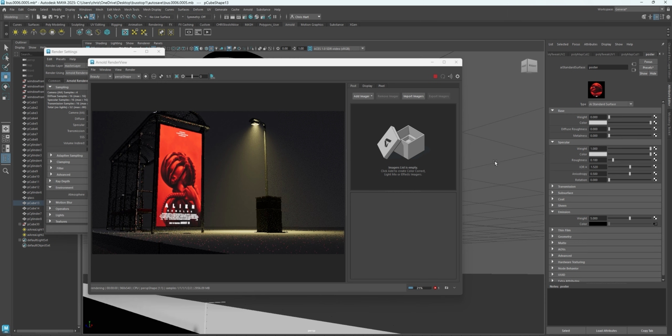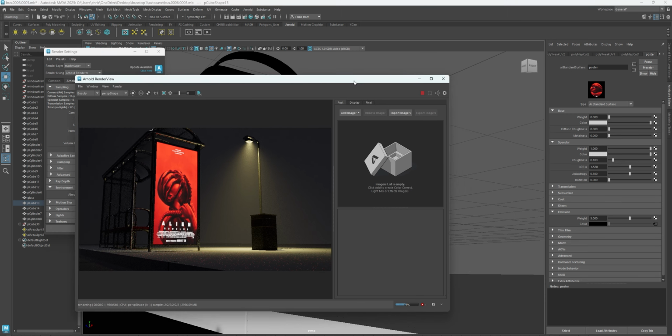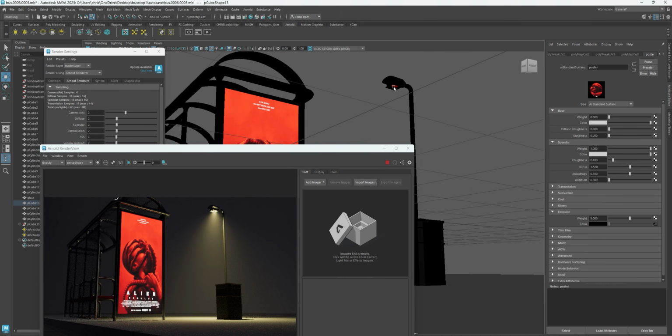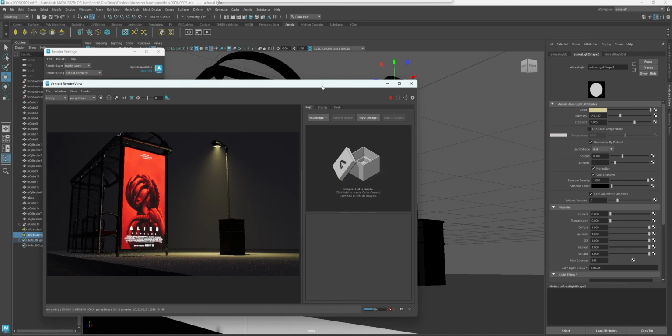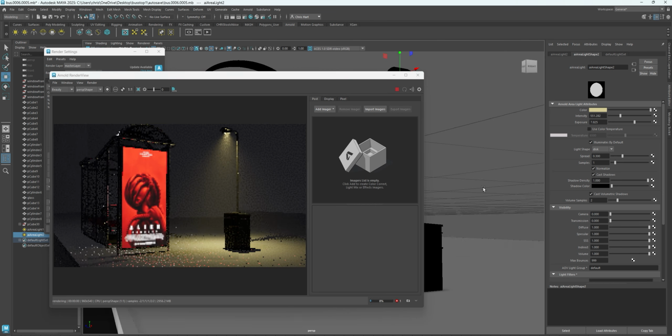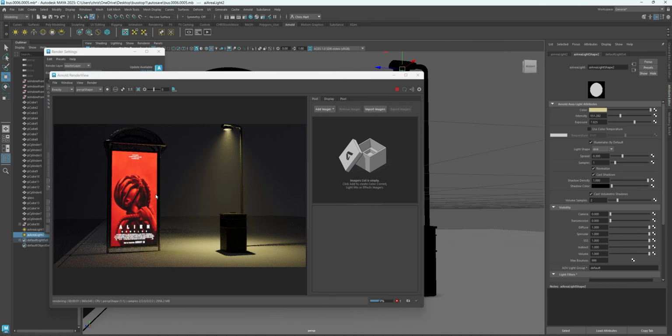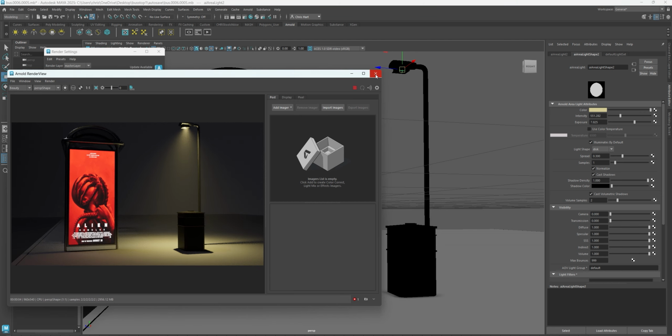And to make that more obvious, I'm going to turn down my street lamp just a tiny bit. So I'm going to click, well, in fact, I'll do it in the outliner here. Make sure it goes green. Just going to bring that intensity down just a tiny little bit. So we're basically done. The only thing we need to do now is up the quality on this so it looks awesome. So I'm going to close down this window,